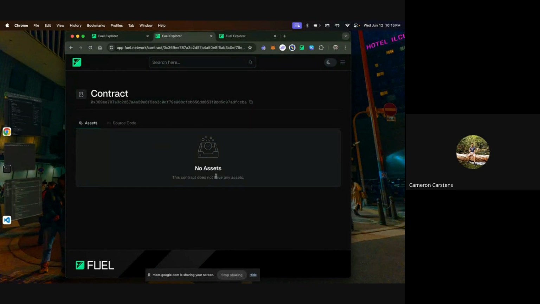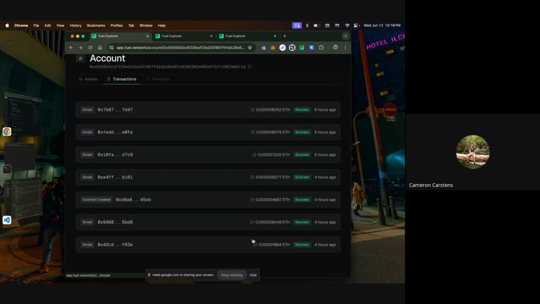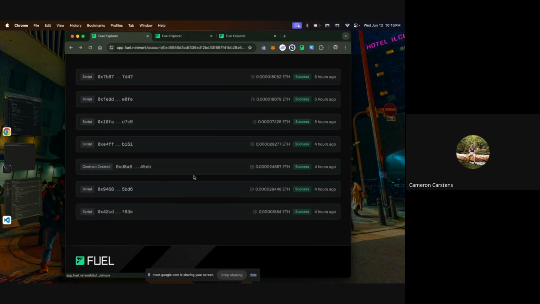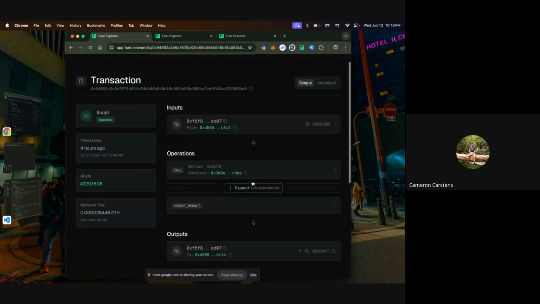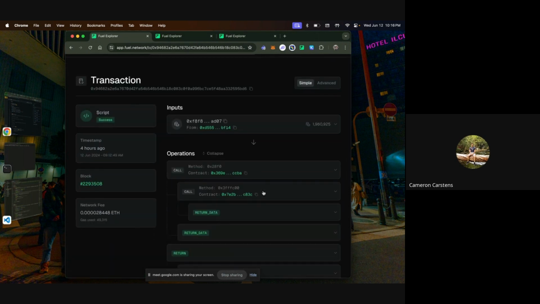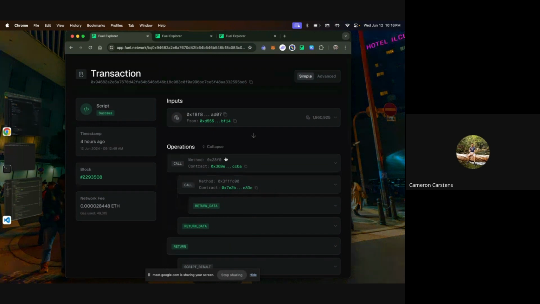Right now, the asset doesn't own any contracts. This is our Fuel Explorer, by the way, showing our contract. I have then interacted with this contract here. And here you can see a cross-contract call.